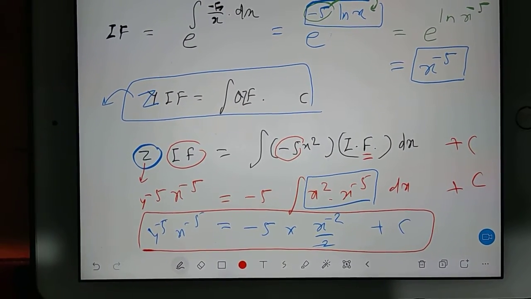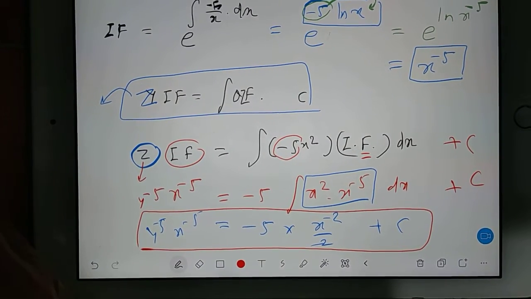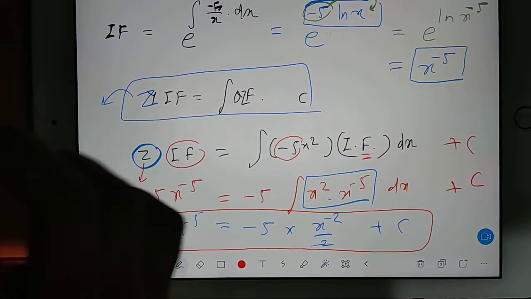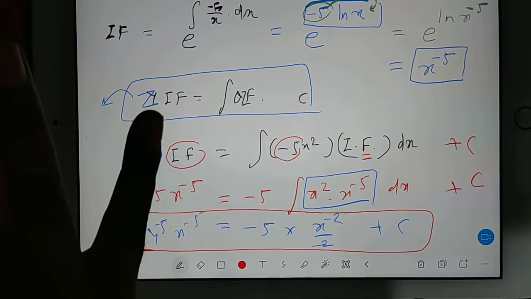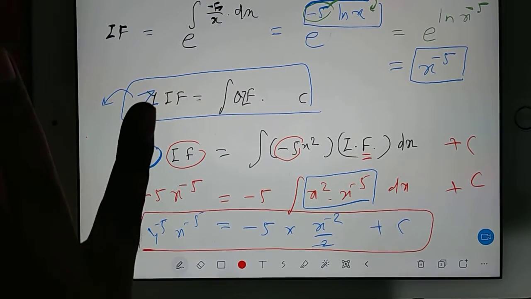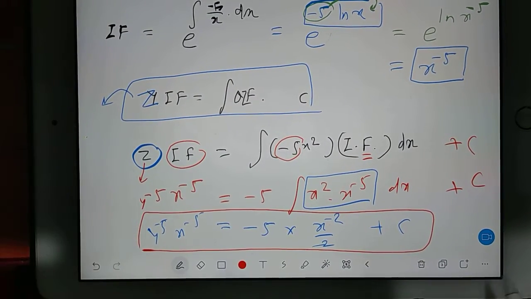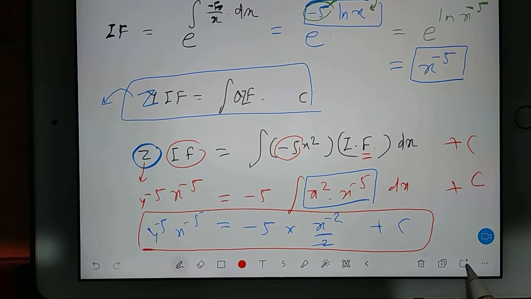So now I will give you one question as homework, and the solution of that question I will send you in a WhatsApp group, so that if you are uncomfortable, if you're not able to solve, then you can see the solution part. So take down the question here. This question is for homework.